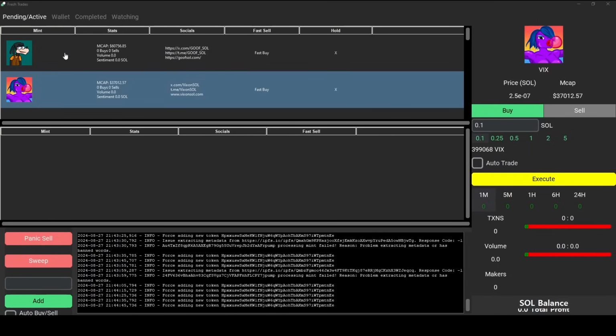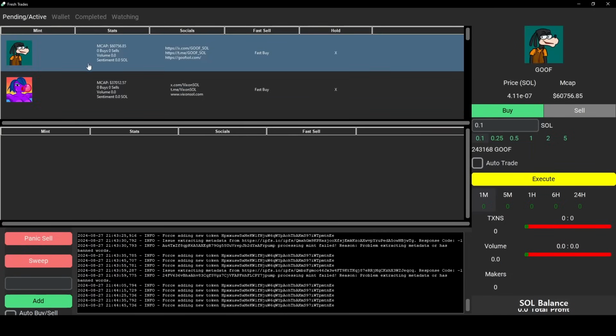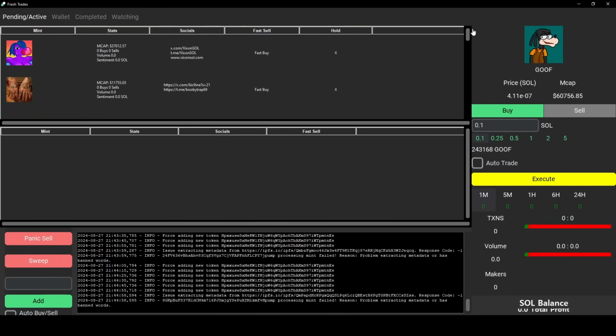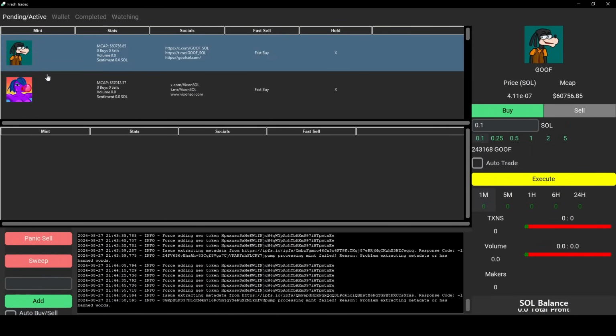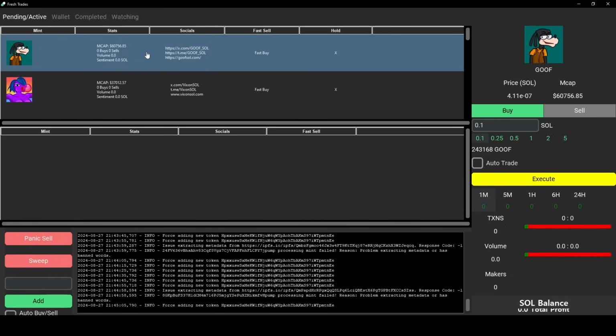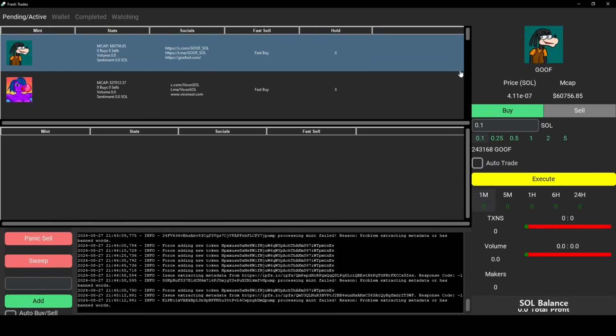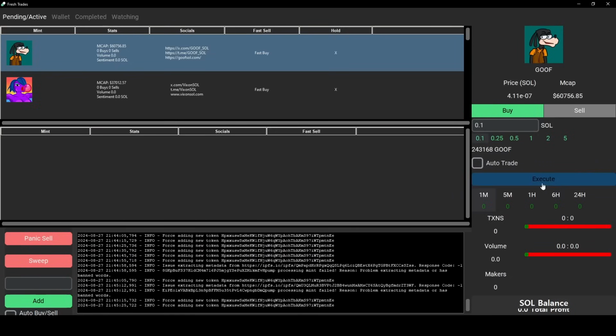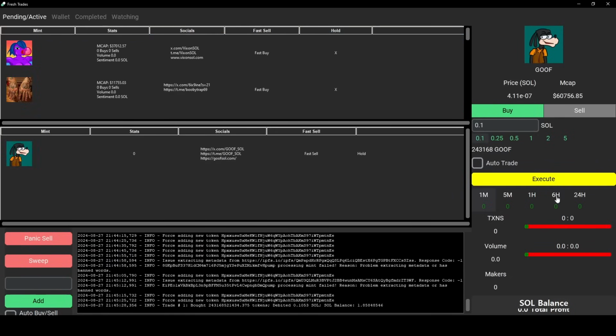Right now, this is listening on the Pump Fun program on the blockchain. It's reading in tokens, new tokens that are being added to the liquidity pool. It's looking for new tokens that are being added on Pump Fun. So what we got here is the new tokens, and if you want to buy them, you got a little interface just like you do in Pump Fun. If you go to the website, you can execute trades. You could choose. Right now, I have it on manual, so you can go ahead and execute a trade if you so wish, and